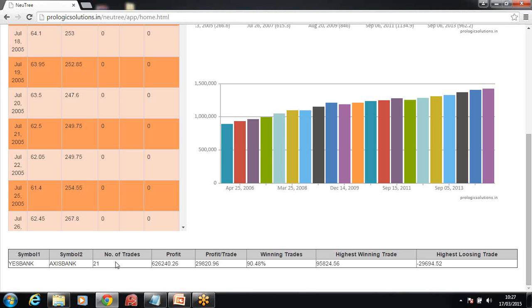So at the bottom what we have is the symbol 1, symbol 2, and the number of trades, that is